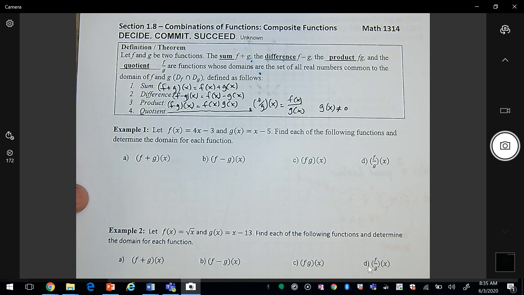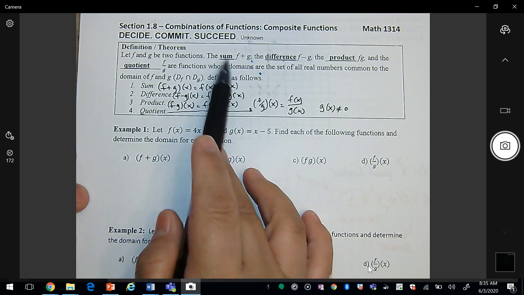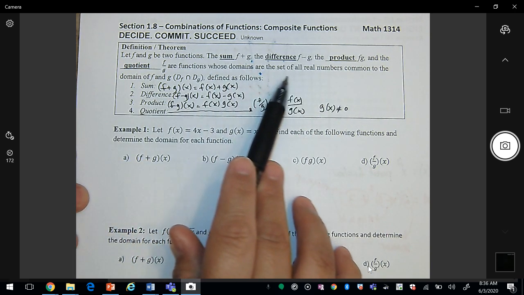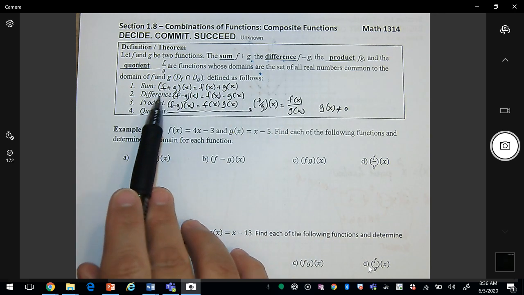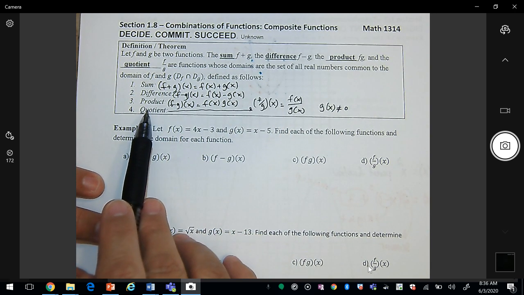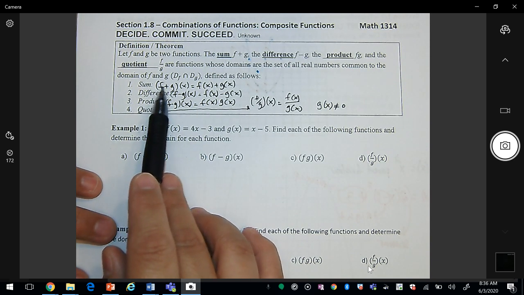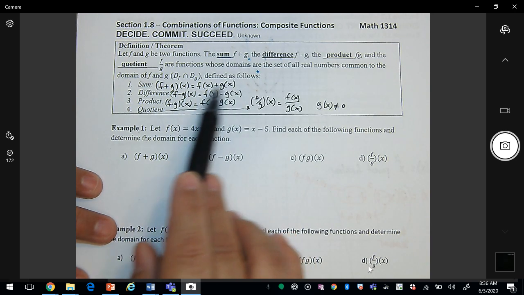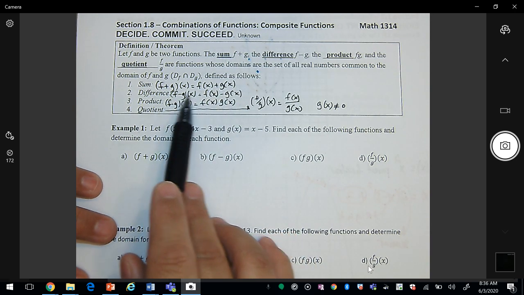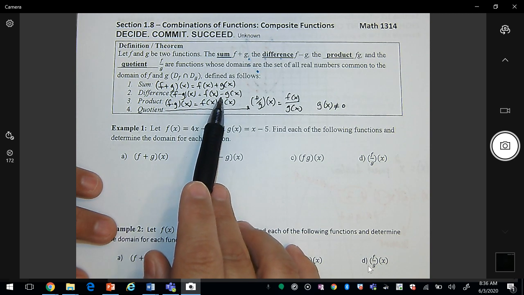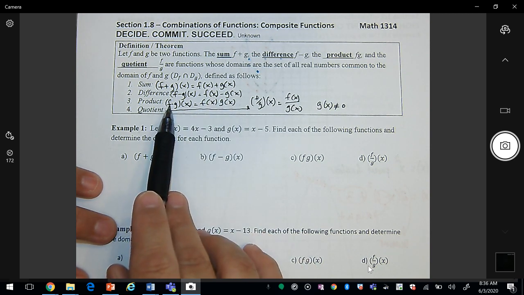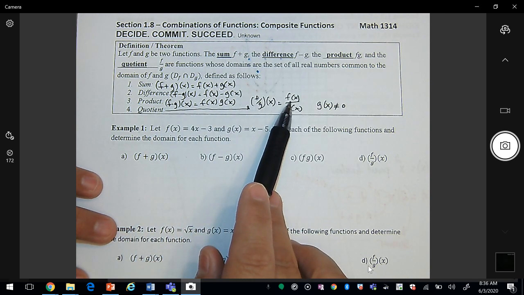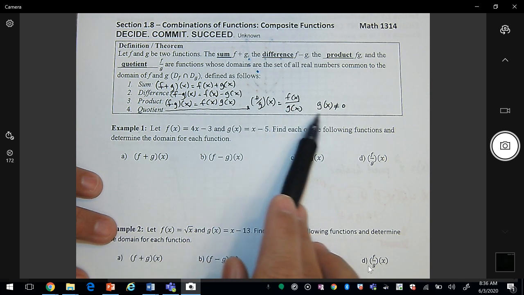So if we have two functions, f and g, we can add, subtract, multiply, and divide. First, we need to define what it means to add, subtract, multiply, and divide. We're adding two functions, f plus g of x. Then we can write this as f of x plus g of x. If we're subtracting two functions, we can write it as f of x minus g of x. And if we're multiplying, we can write it as f of x times g of x. And then dividing would be f of x divided by g of x, where g of x does not equal